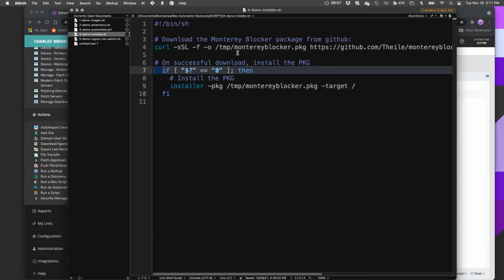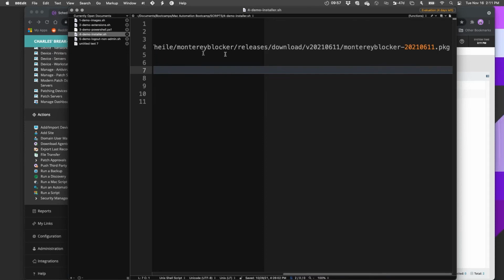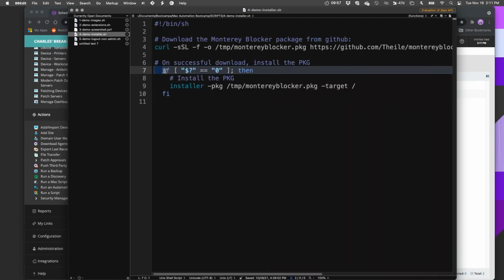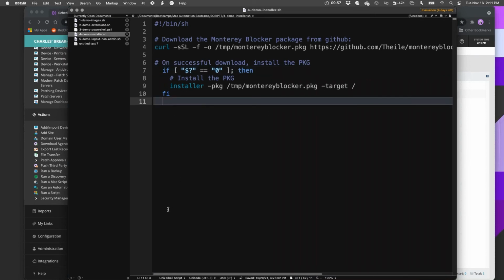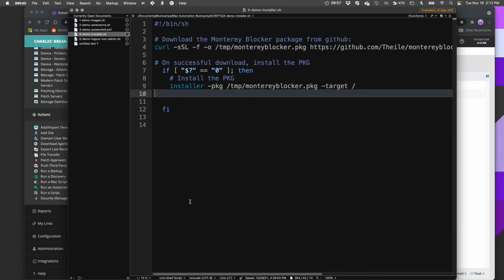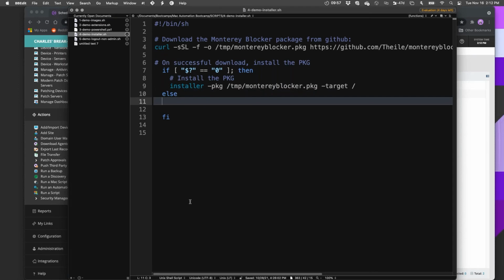So if curl gets a 404 error, if this file is moved, if my network connection is broken or what have you, I won't get a 0, and so the installer won't run. It'll just exit the script. And if I wanted to report that as an error, I would do something like else, and then exit, and so that makes it exit, and then I can give it a non-zero number here.